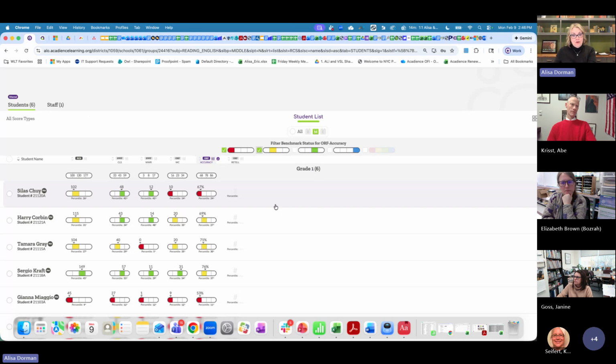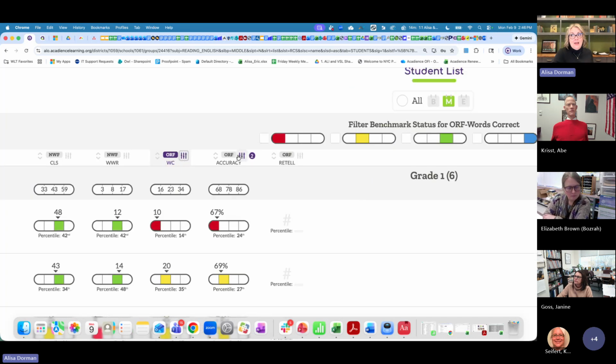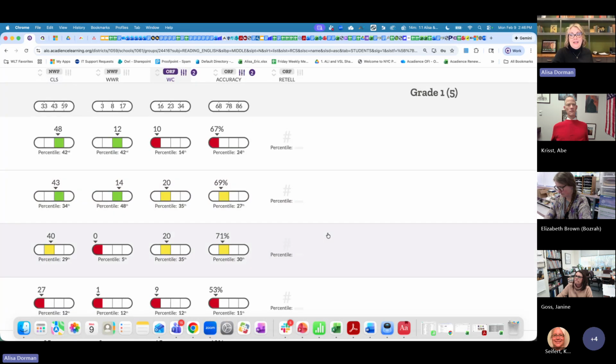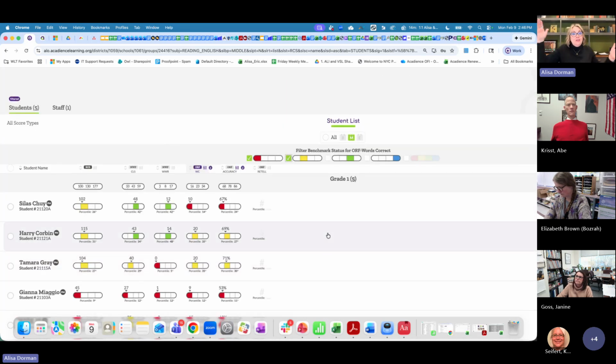This is in Miss Carson's class. This is first grade, middle of year. And every one of these students is struggling with an accuracy issue. Now, if I wanted to see who's struggling with both fluency and accuracy, I can add another filter. It kept this one. I can add another one and say who is in the well below and below category for both fluency and accuracy, and I've narrowed it again.